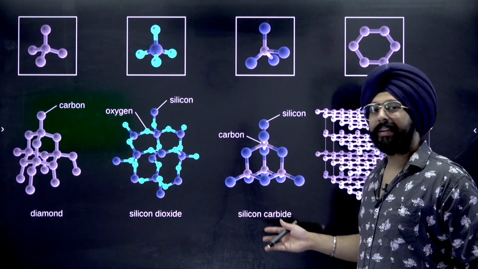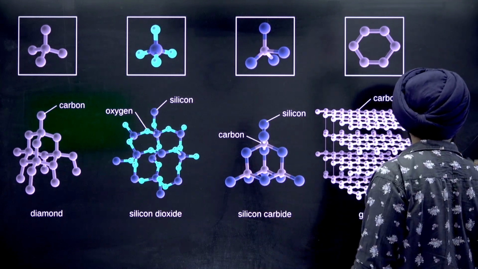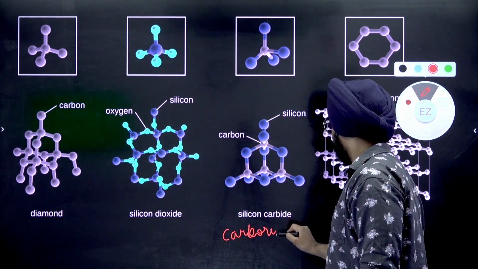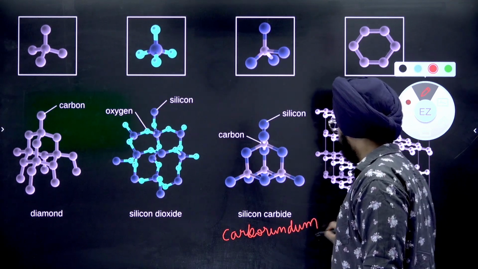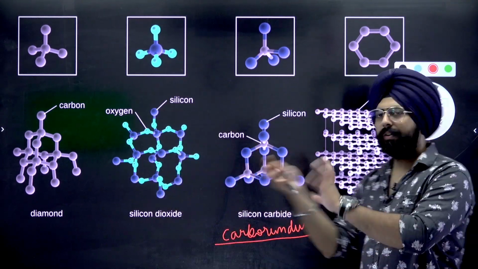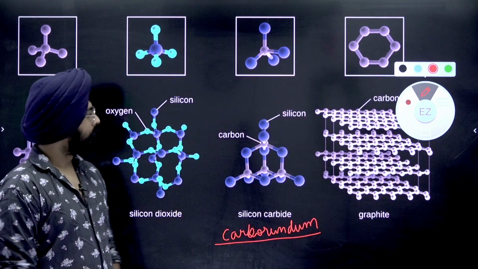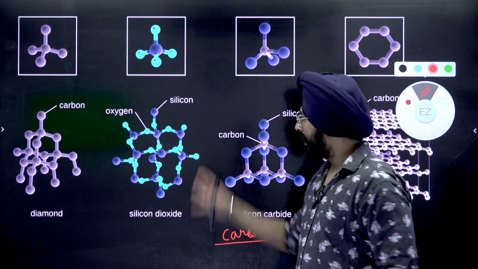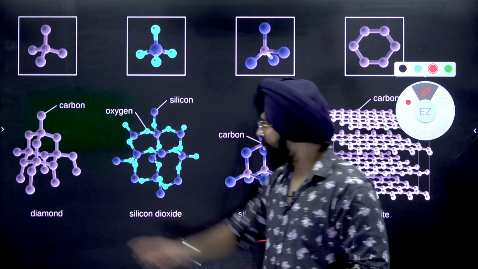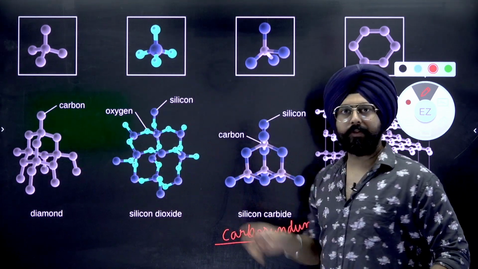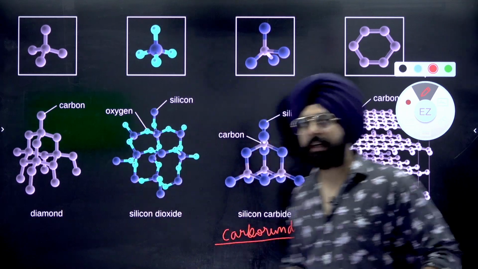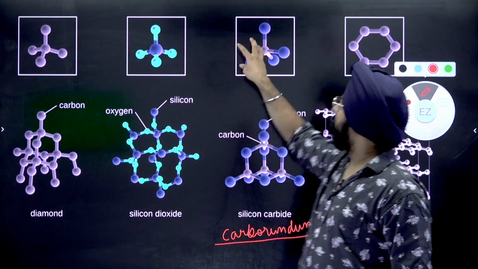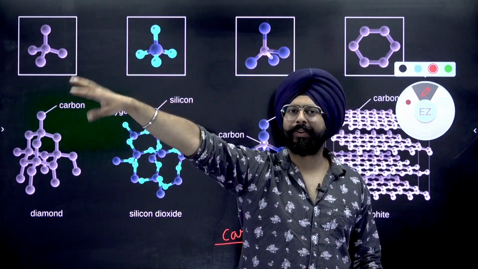Silicon carbide, this is known as carborundum, as I told you. Okay, let me write the spelling for you so that you're not confused. They can exist in different arrangements in nature. Fine. Silicon carbide. Graphite, obviously everyone knows about graphite. So this is why they are called networked solids. Can you see the network of atoms in each of these cases? There's a very beautiful, intricate network that's getting formed. That's why we call them networked solids. These are like their individual building blocks, so to speak.